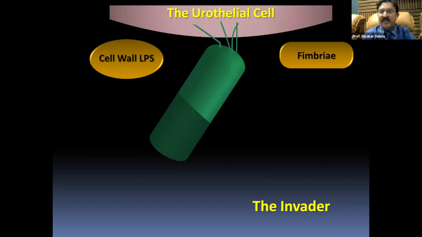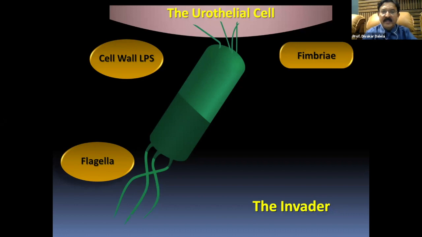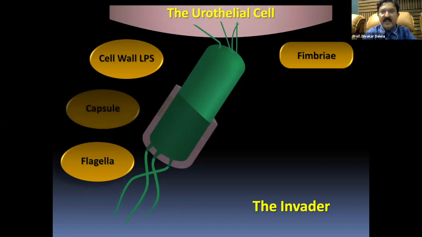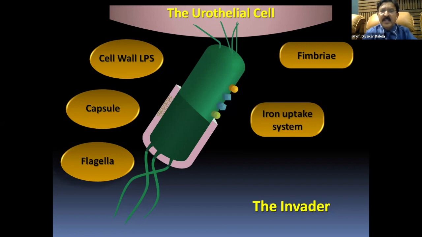Because of the brushes on its surface, it can attach to the lining of the urinary bladder. It has a powerful tail called flagella, because of which it can move very fast and can move up into the urinary bladder against the direction of urinary flow very easily. Then it has another coat overlaid over the body, called a capsule, which protects this bacteria from the body's defenses. And then it has small passages from where it can suck even the smallest amount of nutrition from inside the urine. So friends, this bacteria is a very powerful invader.